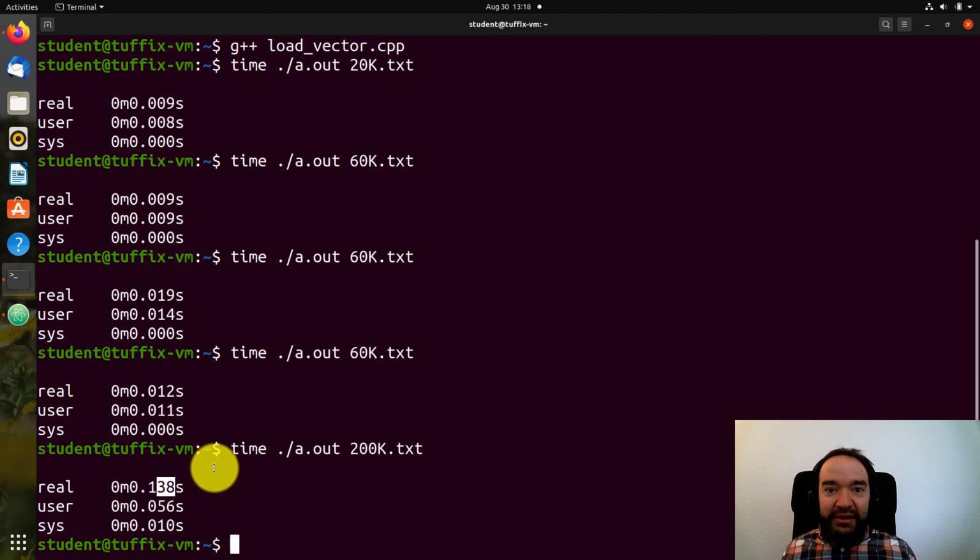So this is that scalability factor I was saying. The array version is pretty slow. It doesn't look good. It's getting slower and slower, but the vector version is just snappy. It's fast no matter how many elements I throw at it. And the same is true for the linked list version.